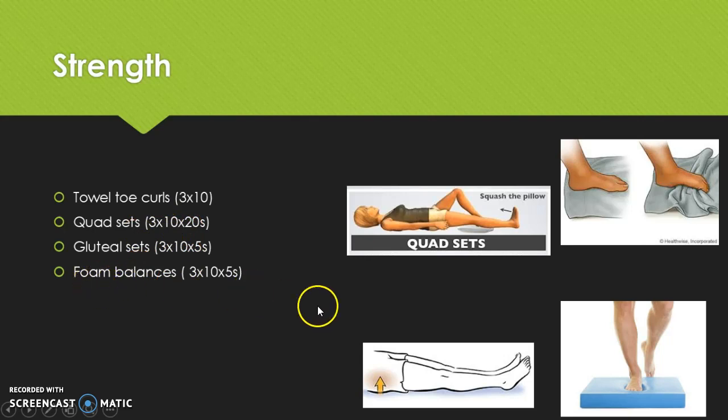We have foam balances. This is a little further in the recovery, but it's important to remember that you use a lot of your ankle muscles to maintain balance. While keeping safety in mind, you will have a chair or a table or something to support yourself while you're doing this exercise. So you step on with the foot that has been in the boot, and while lifting the stronger leg so that you are balancing on the